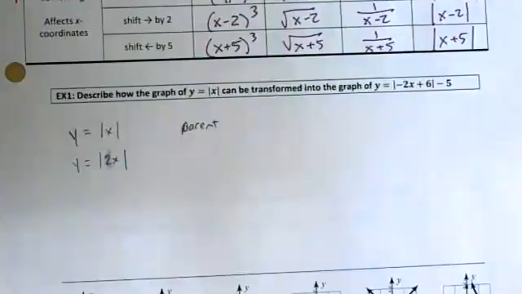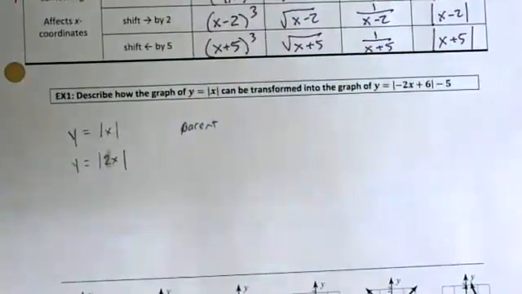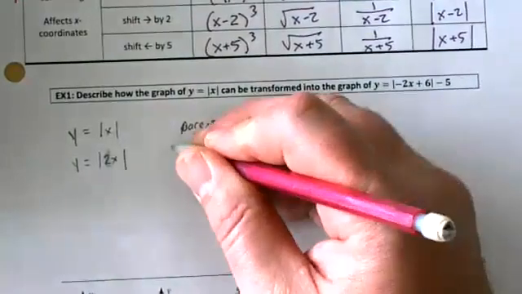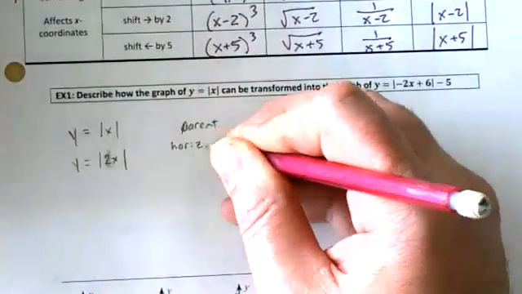Now what do we do? We need to describe this. We multiplied the x by 2. That's horizontal shrink by 2. So write that down. Horizontal shrink